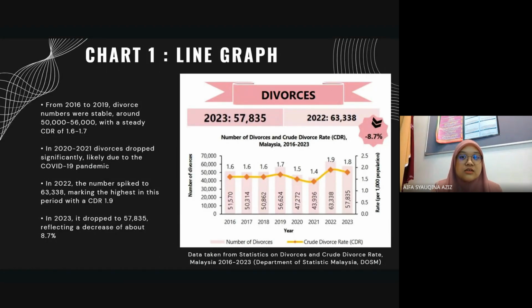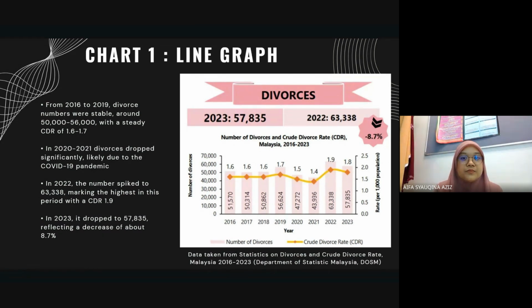As we can see here, the number of divorces fluctuated over the years. From 2016 to 2019, divorce numbers were stable around 50,000 to 56,000 with a steady CDR of 1.6 to 1.7. However, in 2020 and 2021, divorce dropped significantly, likely due to the COVID-19 pandemic. The lowest number was recorded in 2021 at